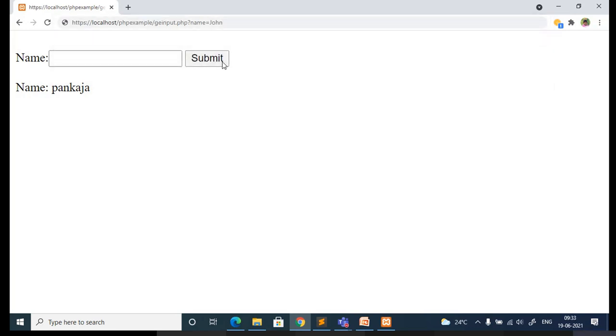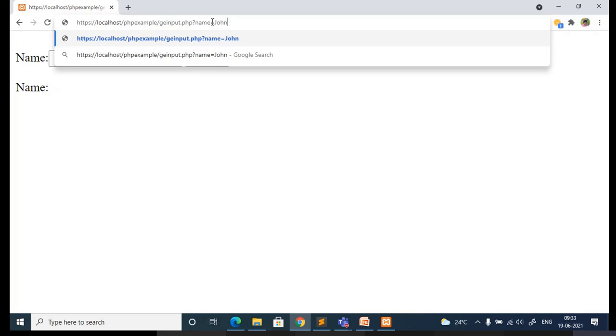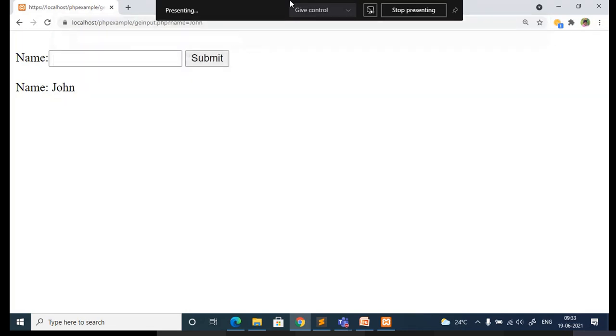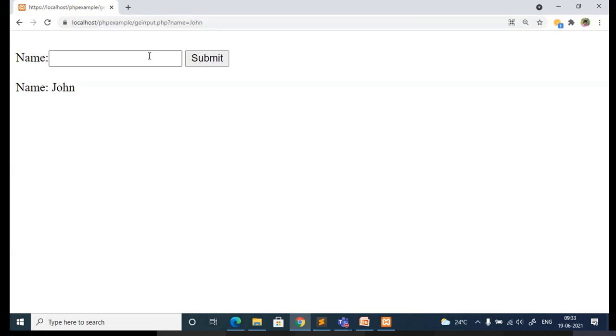When you click on this, it should come actually here. You can modify the data directly from the URL also. The parameter can be modified directly from the URL. So it's not required to take the input from the user.